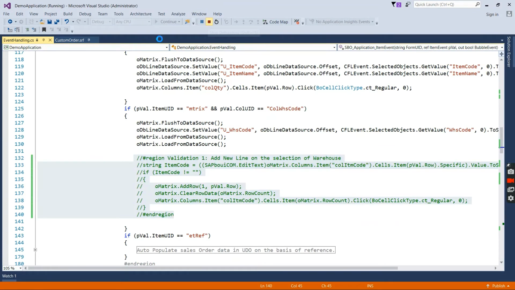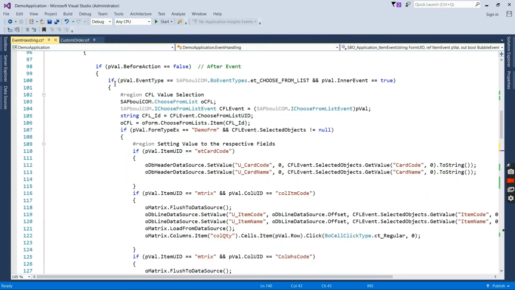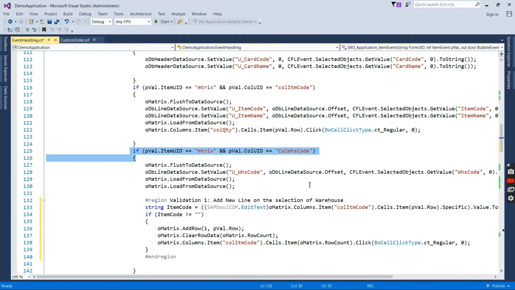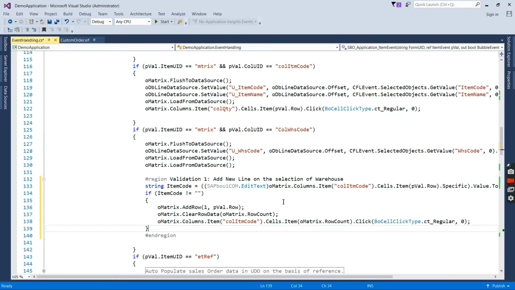So let me uncomment. In the choose from list event, after selection of warehouse from the list, we have added these lines of code.